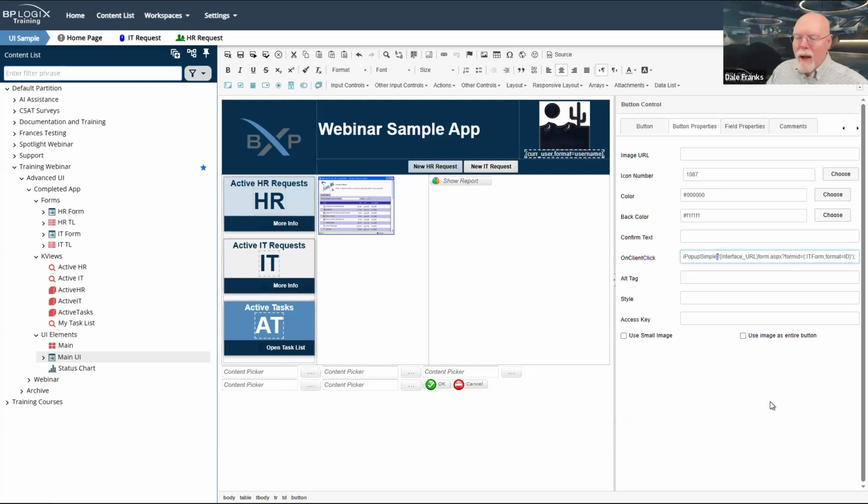So perhaps what I should do is make a version of this using the responsive layout controls and just build it in Bootstrap and talk about how we would do that there. However, it's 11:40 and we don't have time to go through how we might do that in Bootstrap today. So we're going to end it here.